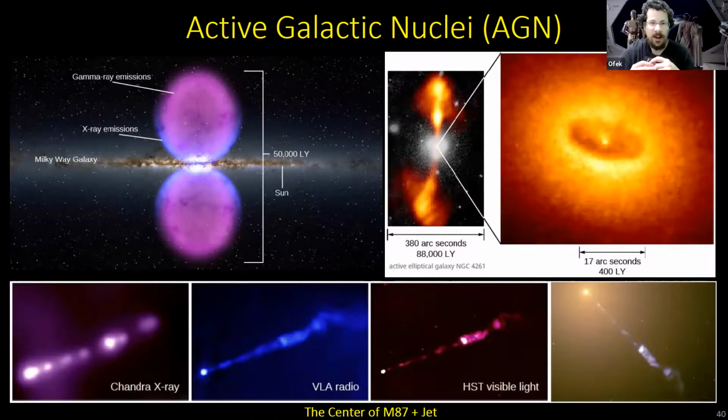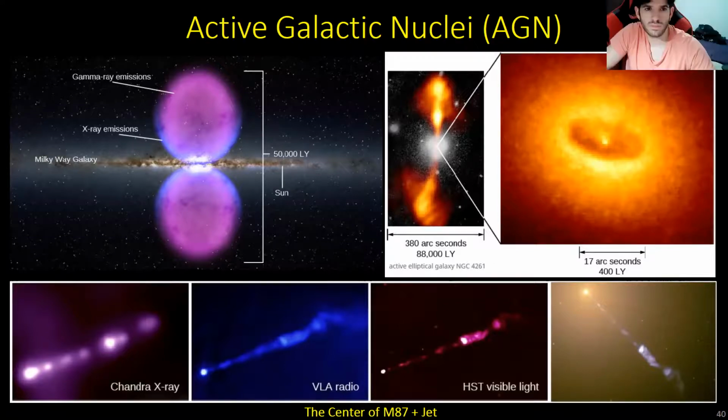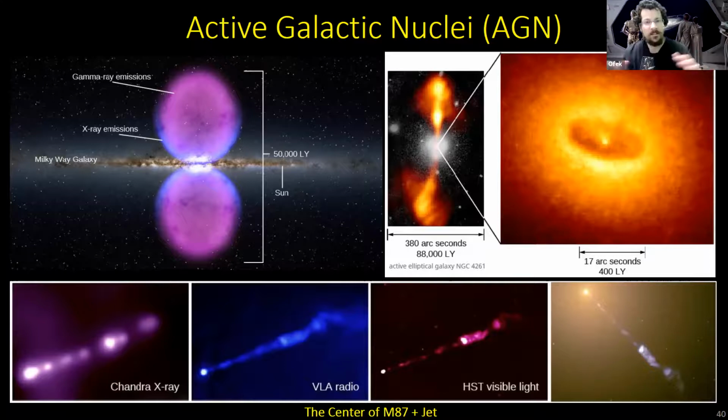So not all galaxies have to have an active center. For example, if you don't have a black hole at the center, the galaxy would not be bright at the center. It would just be a bunch of stars. But stars emit radiation slowly over a very long time. It won't create such high energy or such powerful energy emissions. It would basically look like the visible, right? You'd see the center of the galaxy would be slightly brighter than the outskirts, like you see in this picture behind me, but nothing very, very bright.